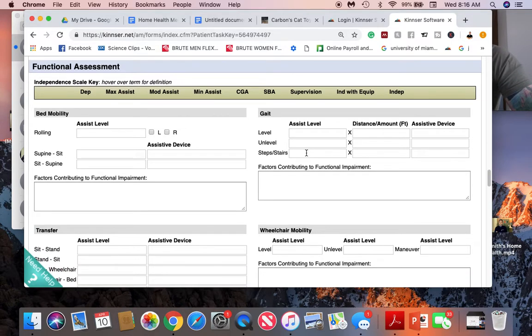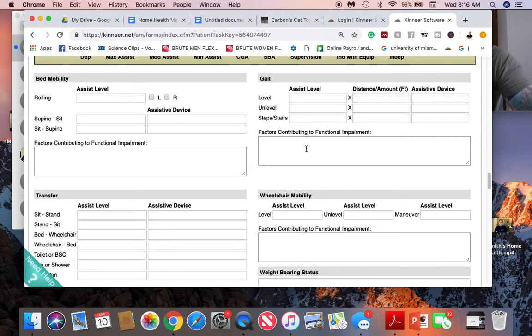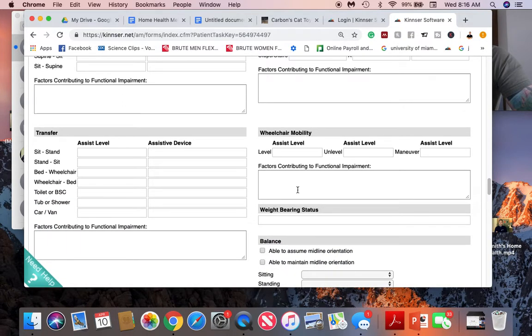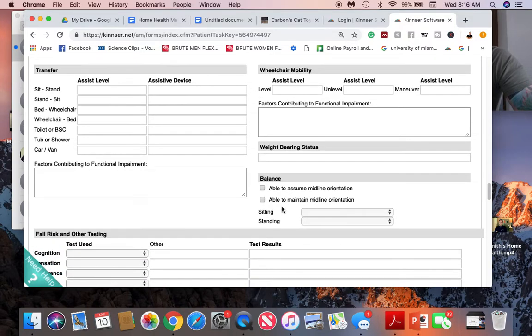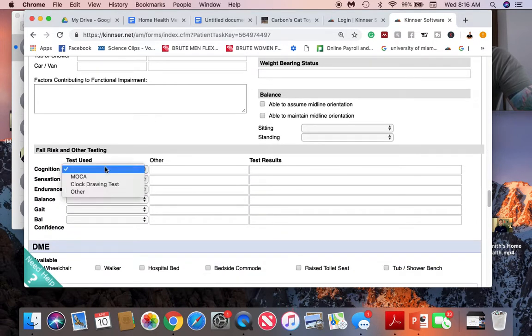risk. There's a bunch of flowcharts out there too on different balance assessments. So you're going to assess all of this if applicable. If they're in a wheelchair, just write not able at the time. And you can go down here and do this. Weight bearing status, transfers. If an OT is in there and you're a PT, some of this you can write OT notes, their balance. And again, you can see all these cognition tests, the MoCA, clock drawing, sensation, endurance, Borg,